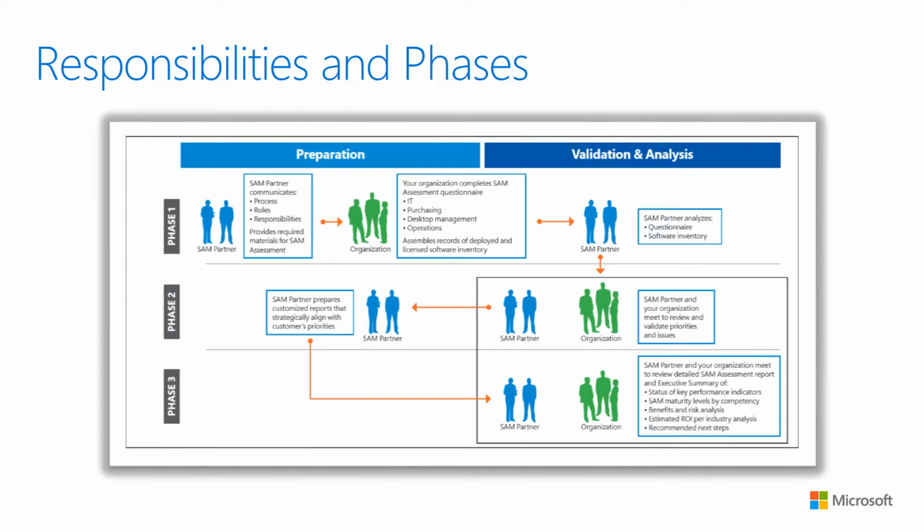The partner completes phase 1 by analysing the questionnaire and the software inventory. In phase 2, the partner prepares customised reports that strategically align with the customer's priorities. And then there's an on-site review between the customer and the partner to review and validate priorities and issues. And finally, in phase 3, a detailed SAM assessment and executive summary is presented, highlighting the organisation's SAM maturity levels